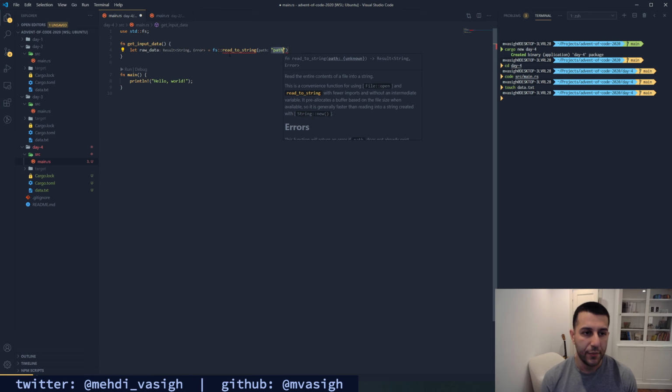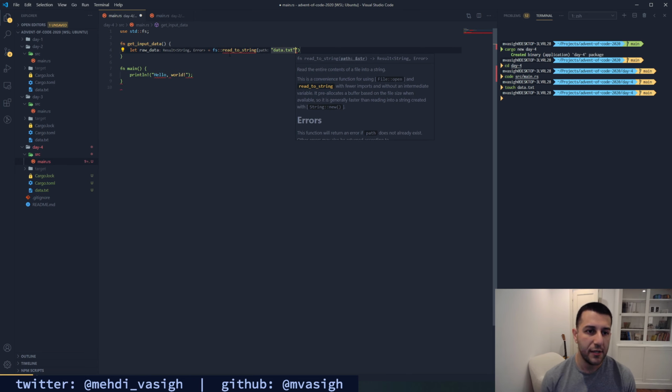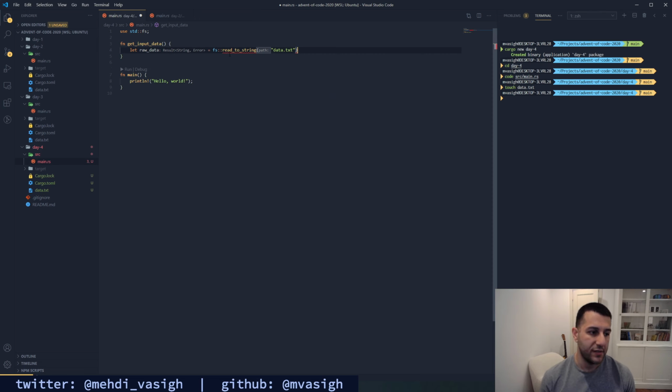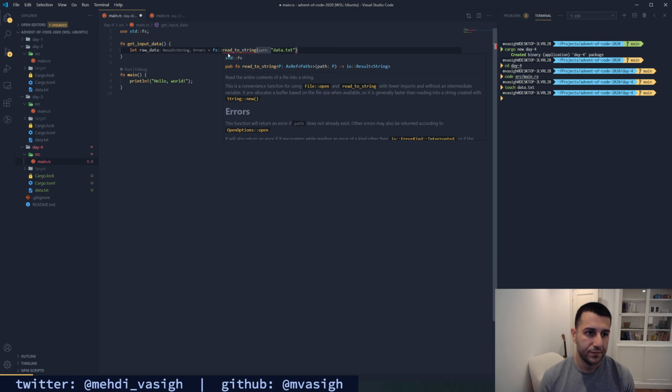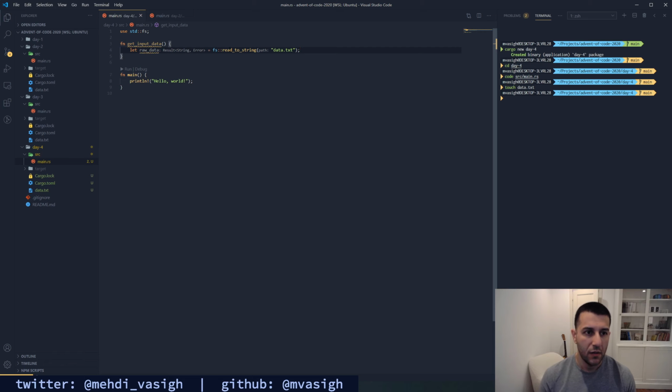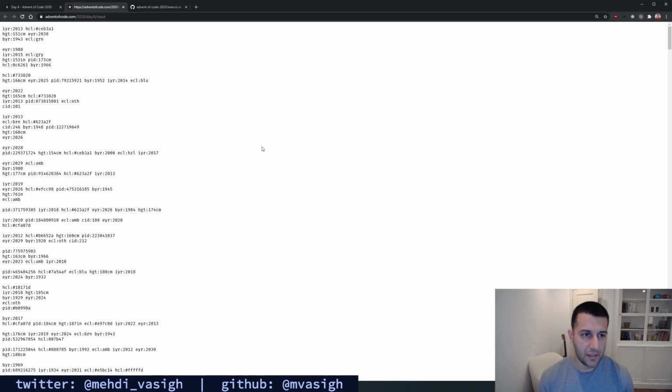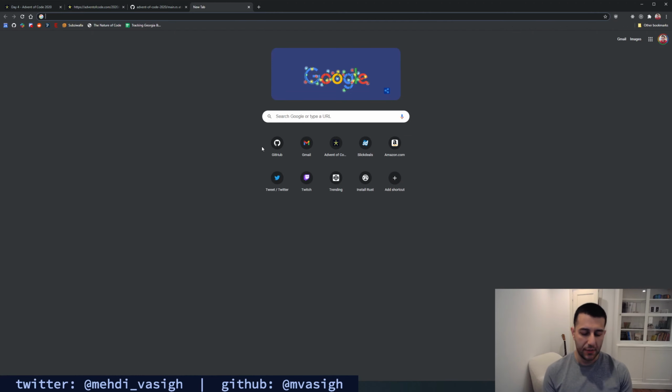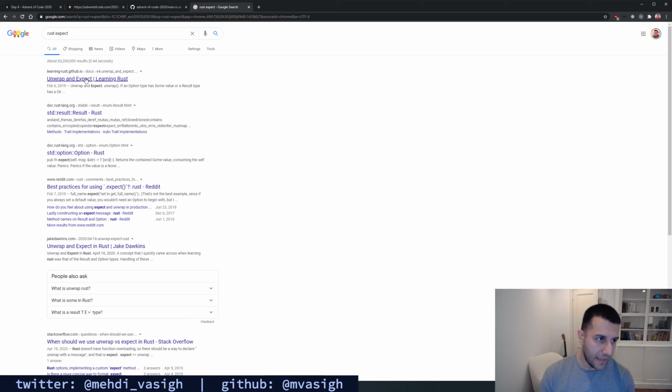So, and then now we need a path, which is going to be data.txt, and this file is in the root of our project. And this is returning a result type, and I'm just going to unwrap this. I want to check one thing. If I use expect, which is on result and option types, does that handle the error? Does that break on error?